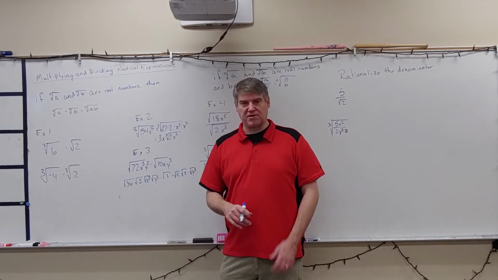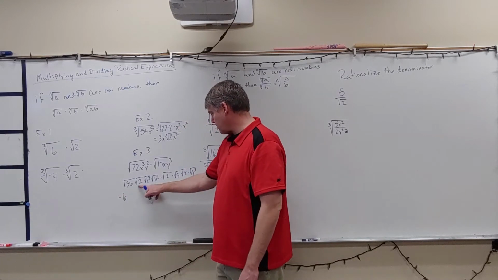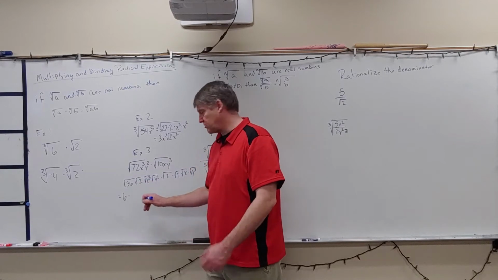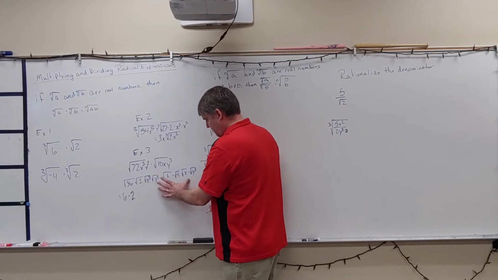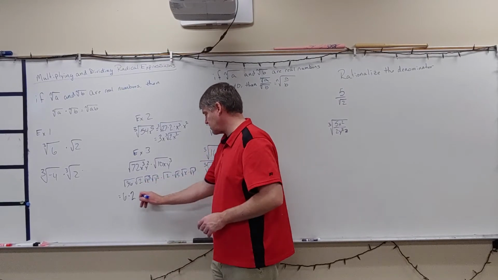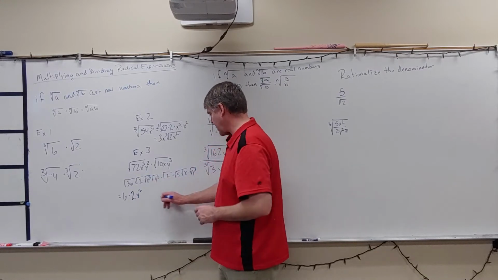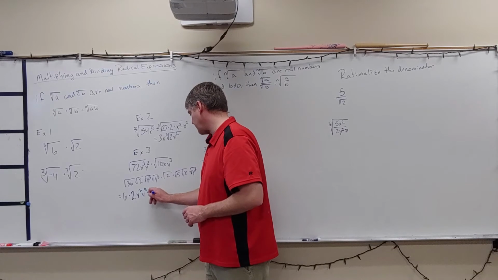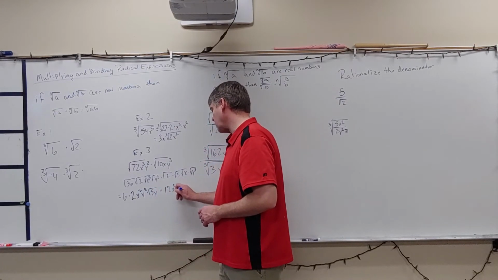Well, I know the square root of 36. It's 6. I have the square root of 2 times the square root of 2, which gives me 2. I have x cubed and x, so that's going to give me x squared. Here I have a y and a y, so that's going to give me y squared times the square root of 5y. Okay, so this gives me 12x squared y squared,